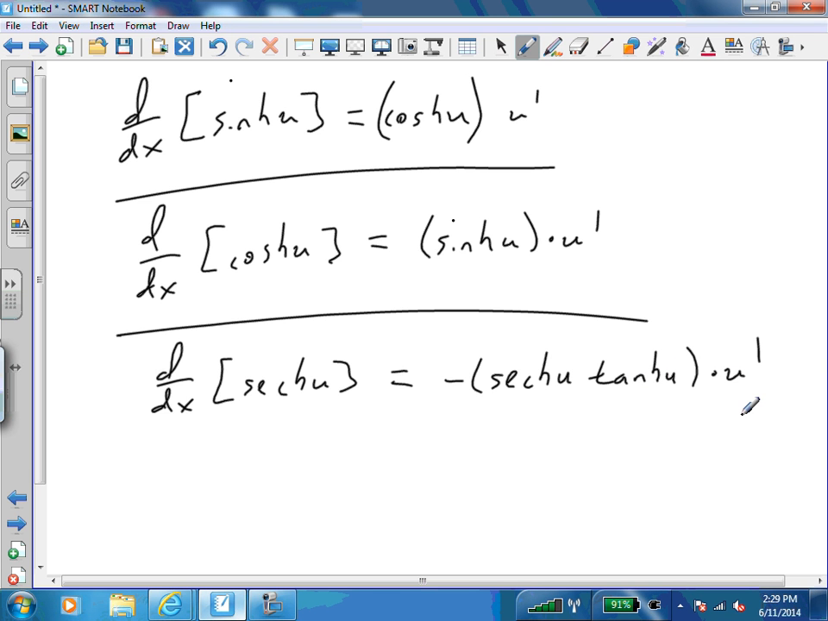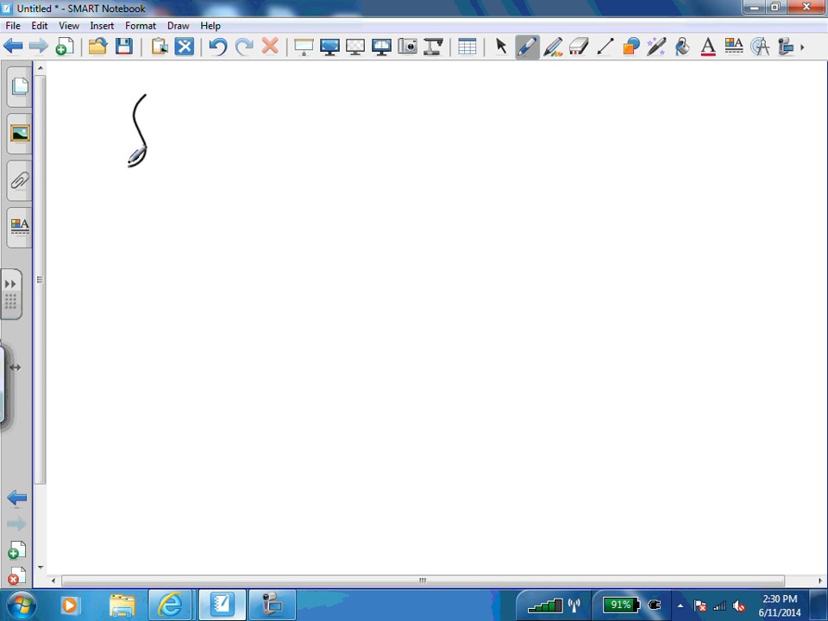Of course, if it's more than just x, you have to use a chain rule, so you prime on the end. Cosecant's the same. The derivative of cosecant is negative cosecant times cotangent. Same thing for hyperbolic. The derivative of hyperbolic cosecant is negative hyperbolic cosecant times hyperbolic cotangent, which makes our